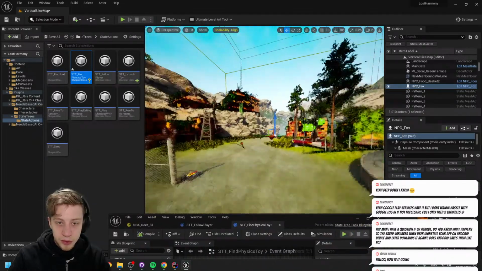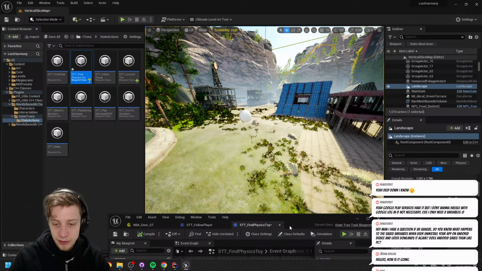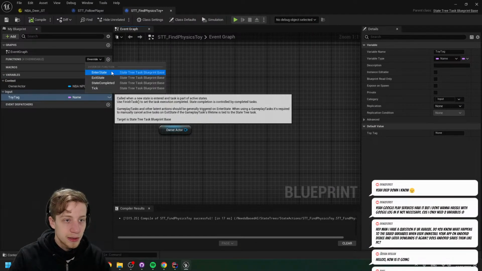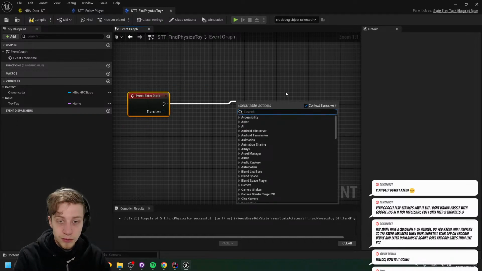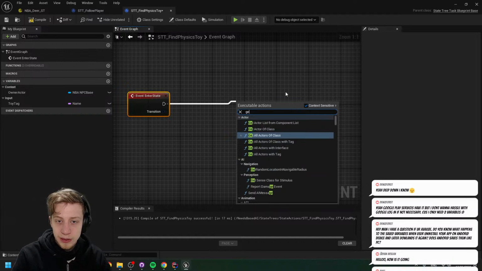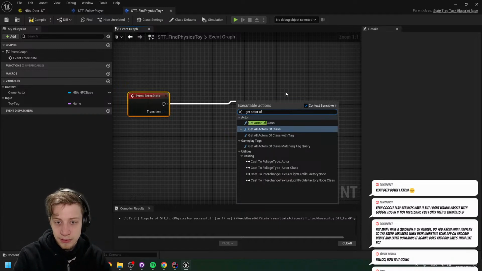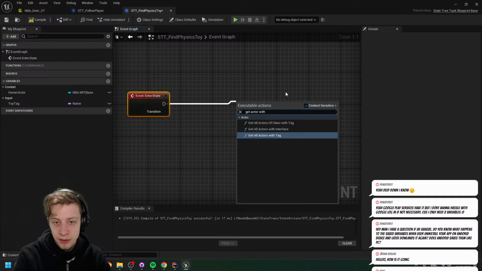And we want to make sure that by default, but we must set the default parameter anyway, so it doesn't matter that much. Okay. Let's just make here an enter state, and when we enter state, we want to get all actors. Or can we get just actor of class with tag? Get actor. No, we have to get all actors with tag.